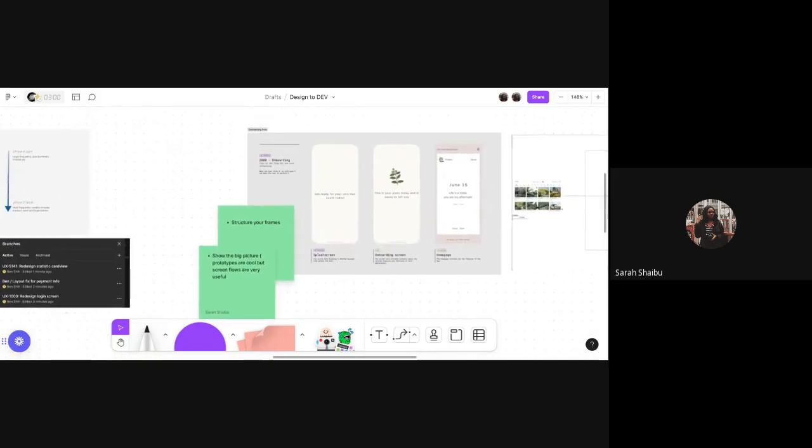Right. So, more best practices. We spoke about structuring your Figma file, but it's also very important that you structure the work on your Figma canvas. So, structuring your frames. This might be when you put your frames side by side, just giving each of them a tag, or using a header to break apart the screens you have on your Figma and letting the developers know what they are. Oh, this is for registration, this is for onboarding, this is for that. It actually helps them, especially when you have a very complex project, to streamline the information so people know what a set of screens are, what its purpose is and what it's used for.